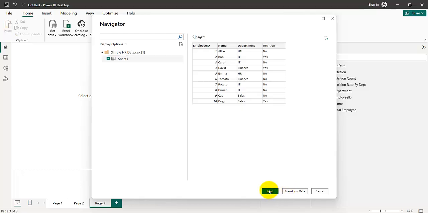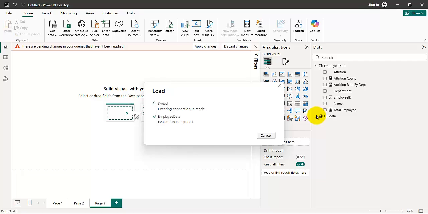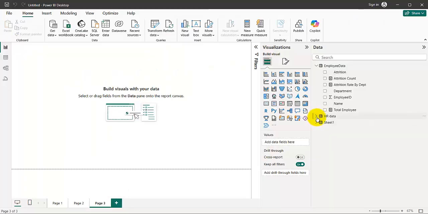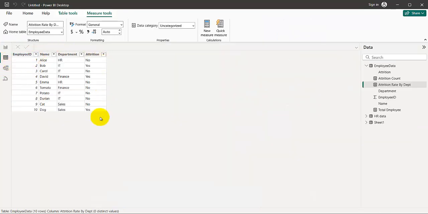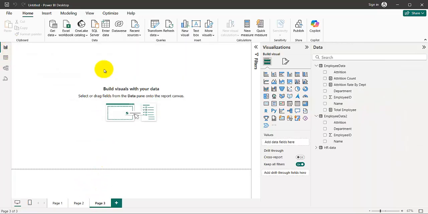Okay, we'll just load it. Now you can create this simple data yourself, because it's really just a few rows. All right, so it's loaded here already. As you can see, it's loaded. I can simply right click and rename it to something easier to read. So let's say I call it employee data 2. And then I created a new page. Now I want to know